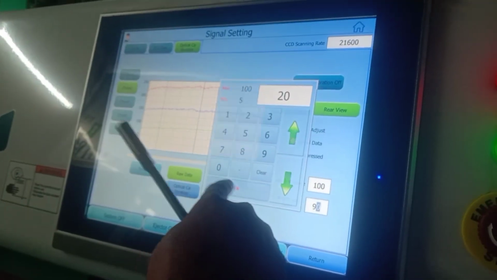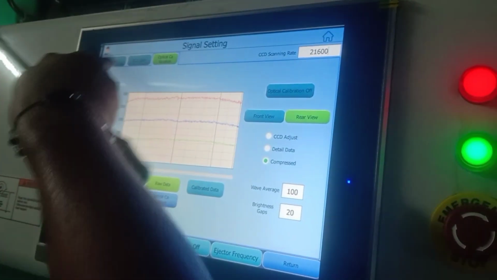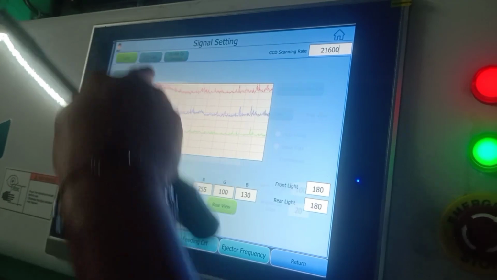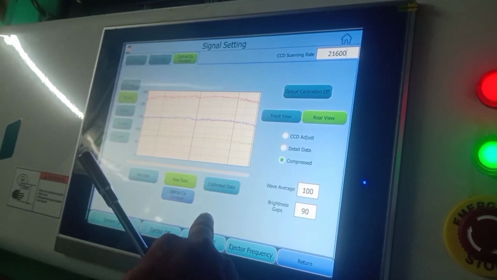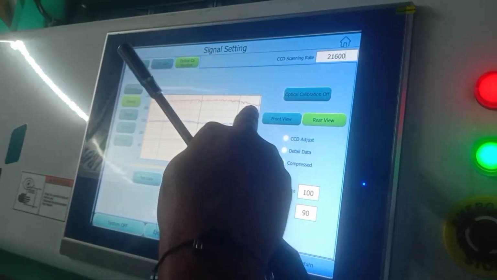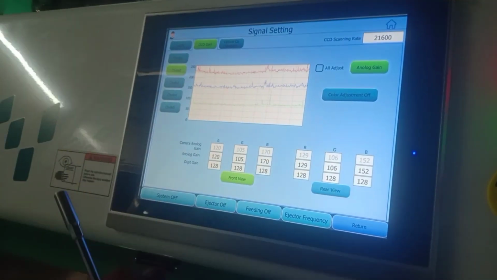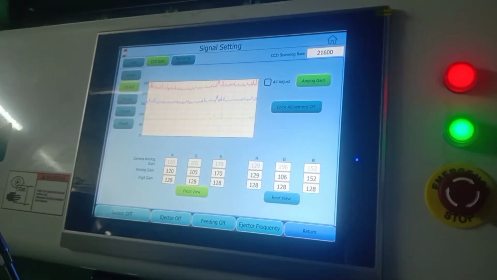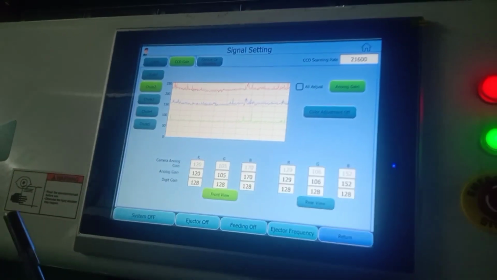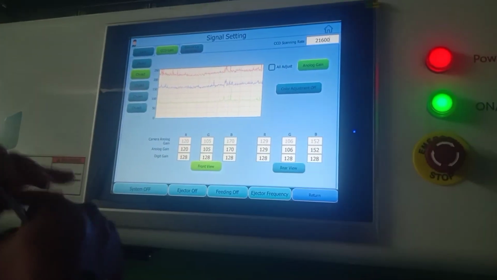Sortex machine is an advanced technology machine that sorts products based on their color, size, and other properties. It is used extensively in food industry, agriculture, and other sectors. The efficiency and accuracy of this machine largely depend on its screen setting.